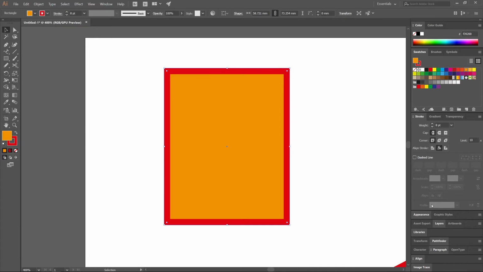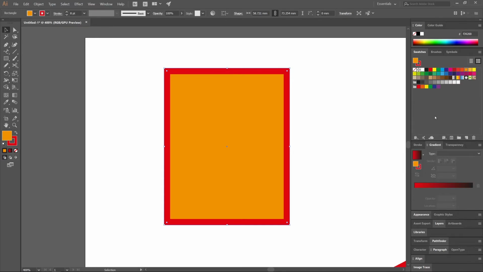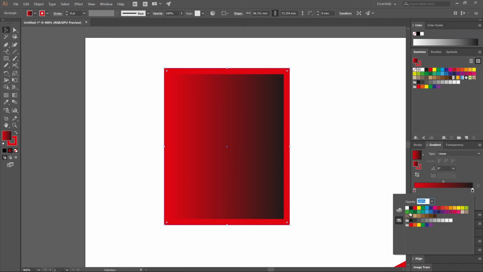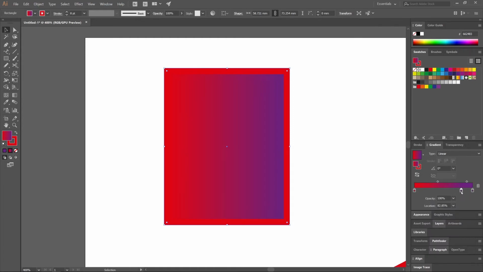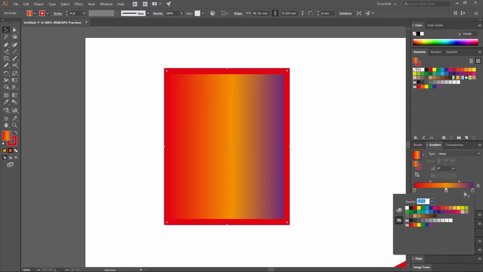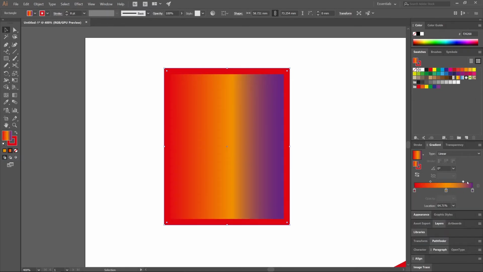Alright, so next we have the gradient, which I already slightly demonstrated before. If you click on the shape and I want to apply the gradient, I'll click here, and you can see the gradient is applied. If I click on the arrow, there are some default set gradients that we have in Illustrator, but you can set your own. And this one here, if I click onto the color, I can choose one from my swatches, and you can also change, just click and drag into your little gradient bar, new colors,